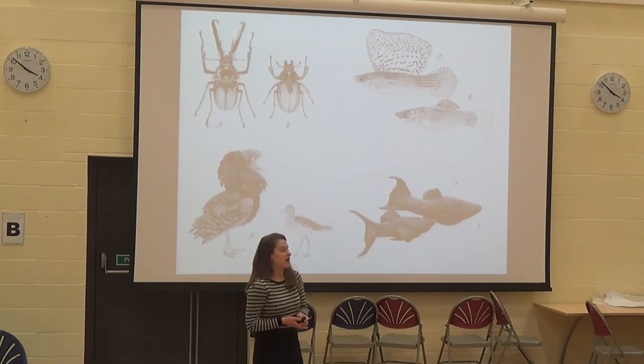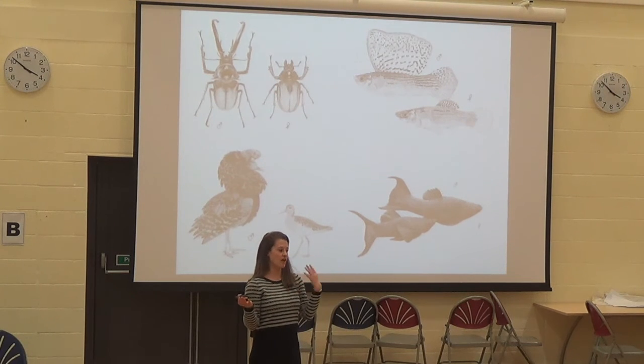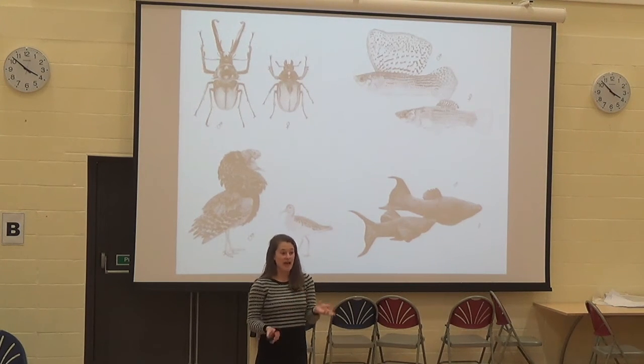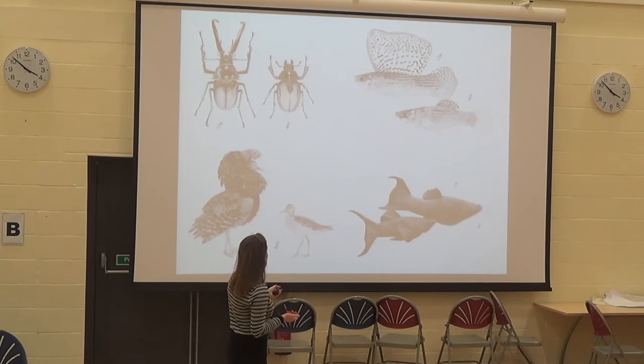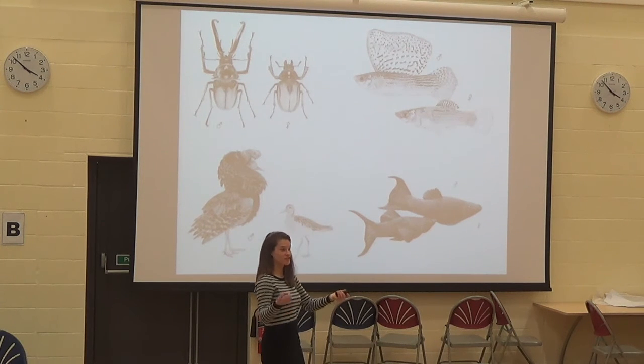However, sex differences don't always necessarily have to be quite so profound. Males and females can differ in a whole host of other characteristics, including how they look, how they behave, their physiology, the types of diseases that they get, how males and females age. And so in this example, this is the sailfin molly. This is the male, and he has this really elongated dorsal fin, and females really like to mate with males with these elongated fins. So the bigger the fin, the more sexy the male, essentially, for the female.